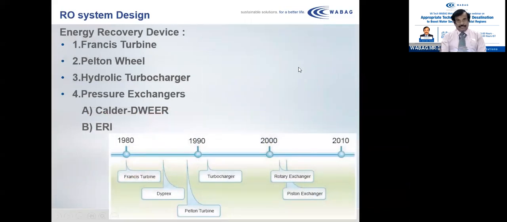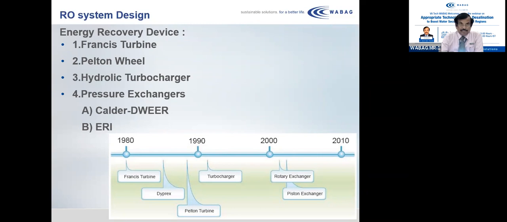Energy recovery devices. You can see the progress we made in energy recovery devices starting from 1980, where we started with Francis turbines. Then we had belt and wheel turbine arrangements, then hydro turbochargers, and currently the two energy recovery devices which are famous are Calder's Dweer type and ERI's pressure exchangers. These two are very, very popular now because of their very high efficiency in the range of 97 to